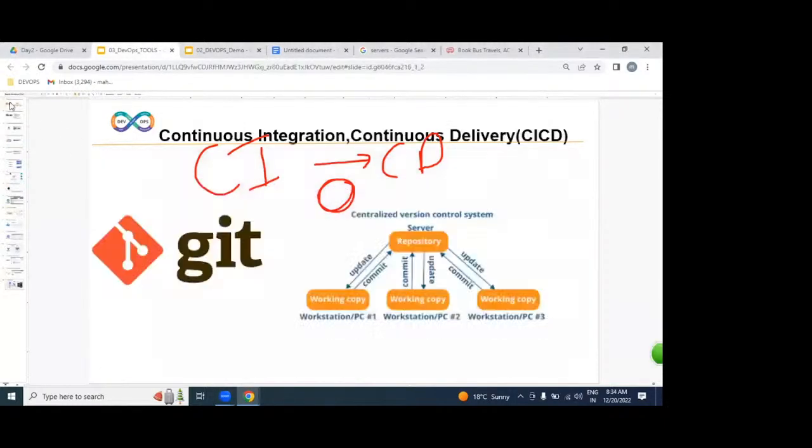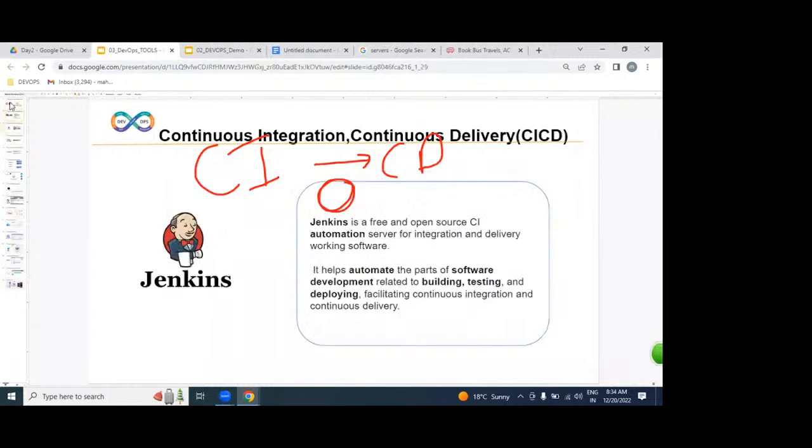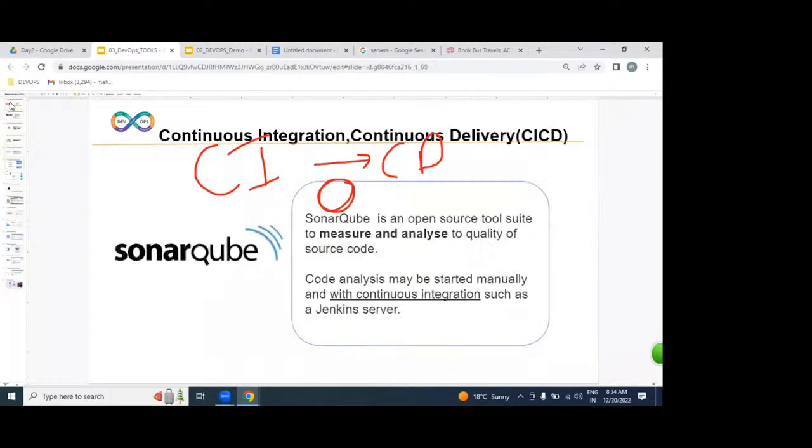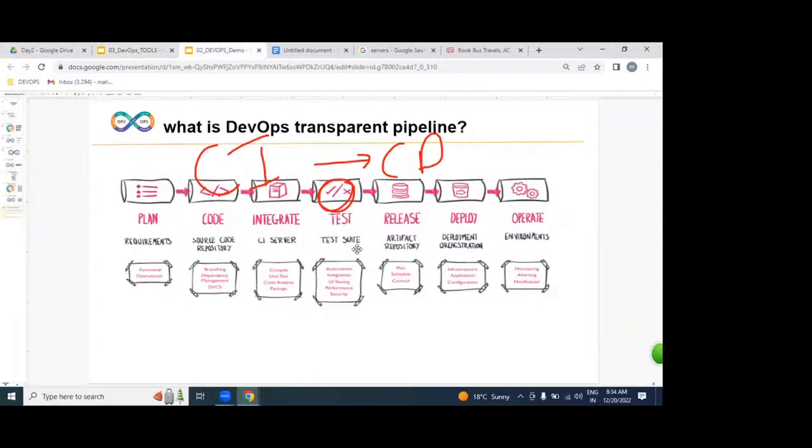Git, Maven, Jenkins, JFrog, SonarQube. So these four to five tools we are going to be using for implementing the CI/CD process. Once it delivers our application into a release,